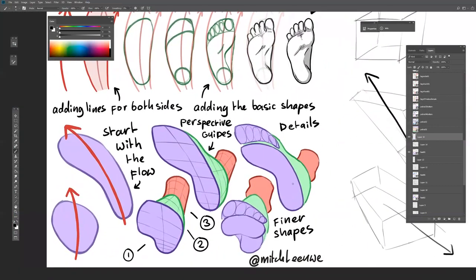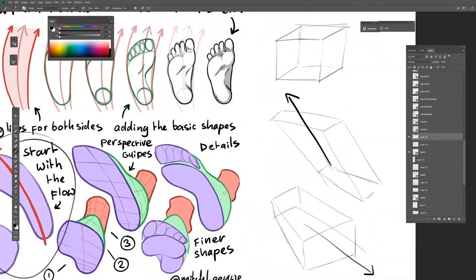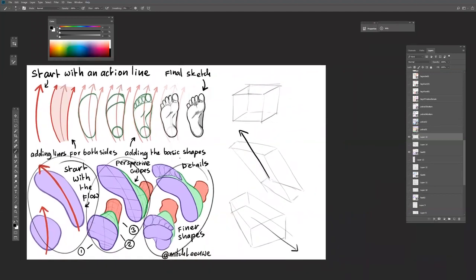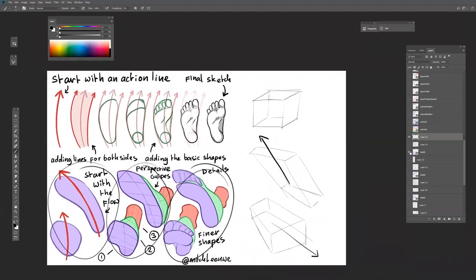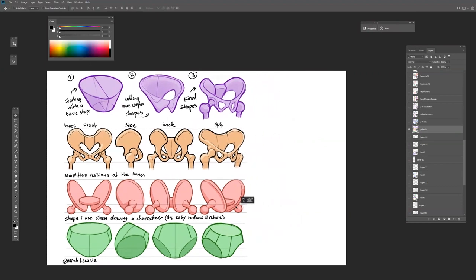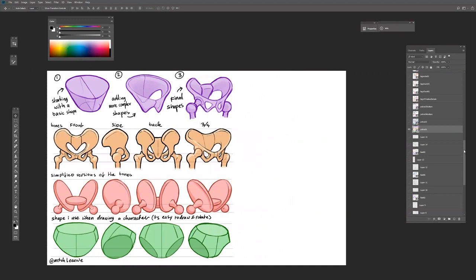But a good tip is drawing feet, and maybe you can use it for other body parts as well. First draw a flat shape, and then adding all these 3D shapes to it. So then adding bigger shapes, and then save the details always for last. I see a lot of people starting with details at first, so that can get a little bit wrong. So let's look at the pelvis